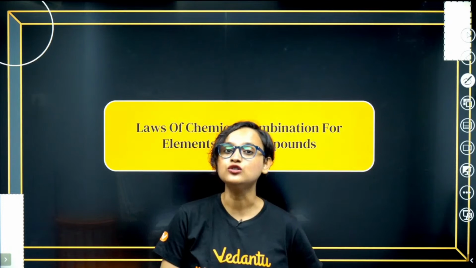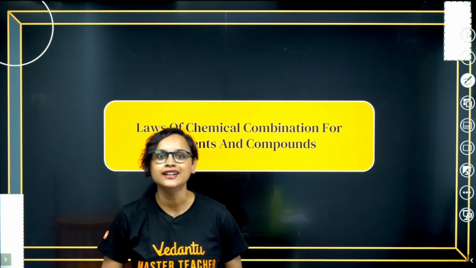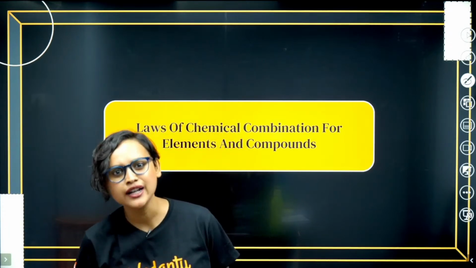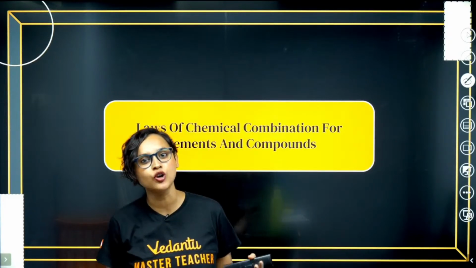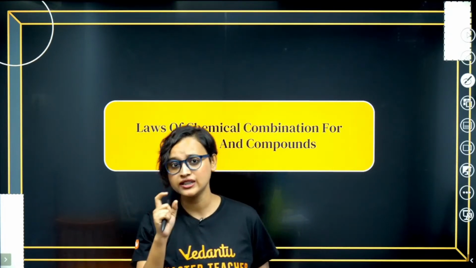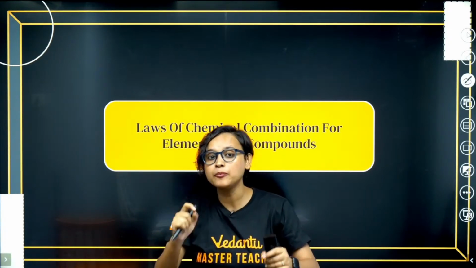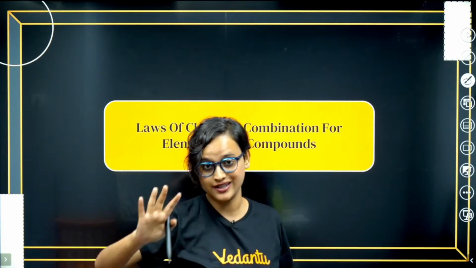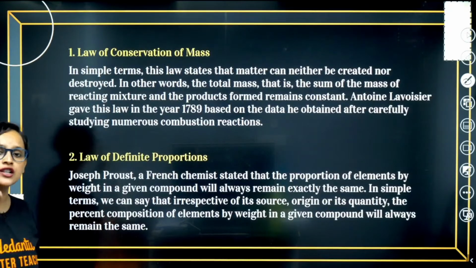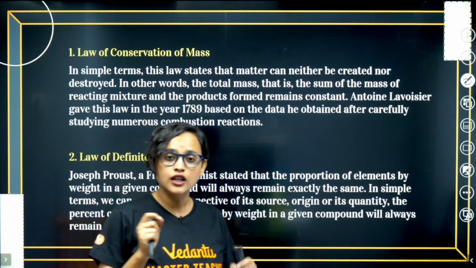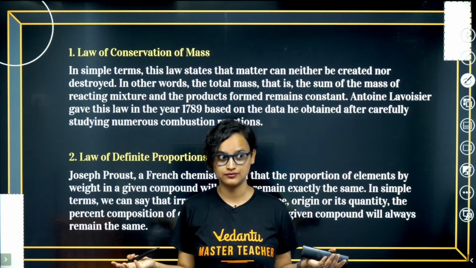Alright, so have we understood? Now, let's go to laws of chemical combinations for elements and compounds. Why? Because we know that in chemistry, elements combine to form compounds, and there is transformation of atoms and molecules. And all of this transformation that happens is actually governed, dictated like puppets, by these chemical combinations. There are 5 chemical combinations that we are going to read now. Alright, so the first one is the law of conservation of mass. The law of conservation of mass says that mass can neither be created nor destroyed.